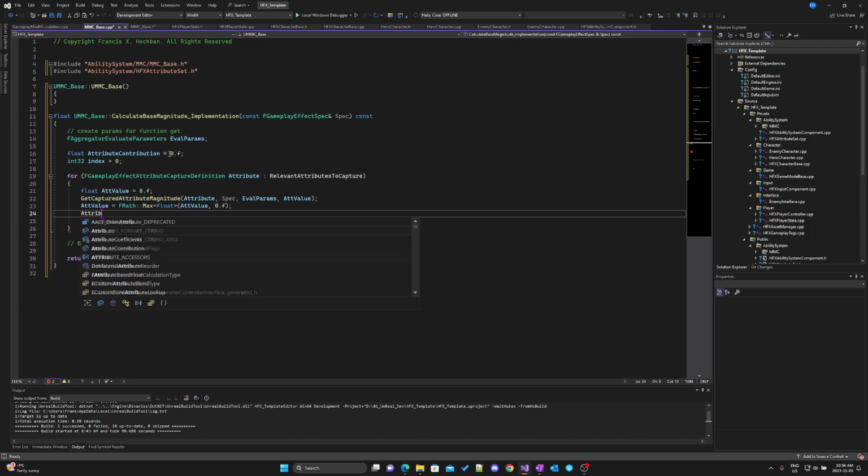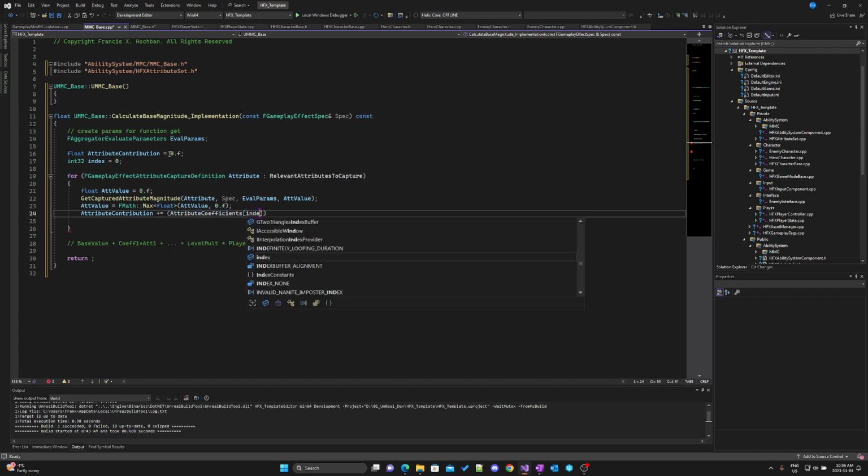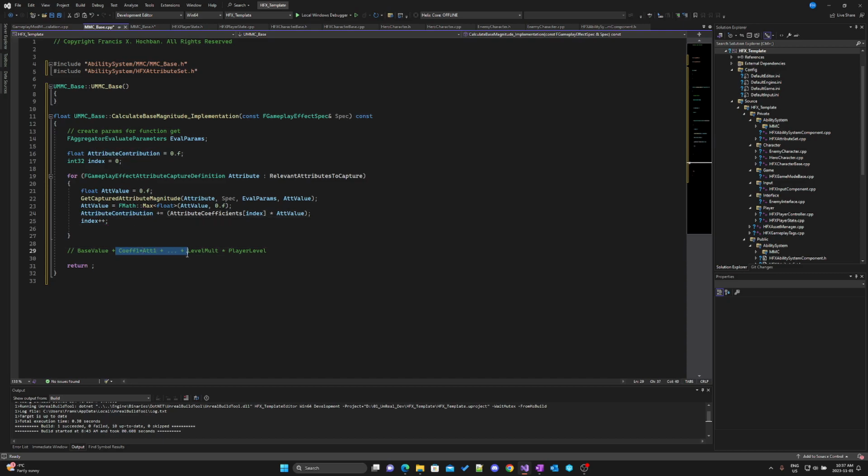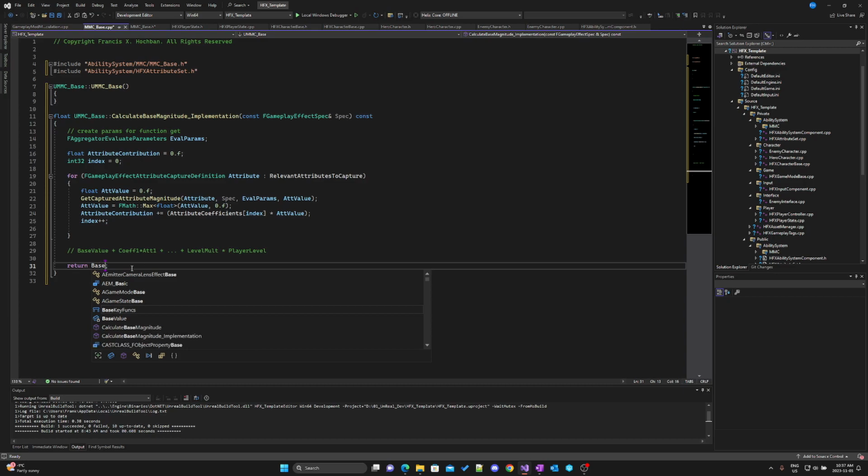So then our AttributeContribution is going to be plus equals our attribute coefficient at the index that we're at, multiplied by our attribute value that we're going to be pulling from, right? And then we'll increase our index. So now we'll have this full attribute contribution, which is all of these coefficients times their attribute values. And now we can just return our base value,